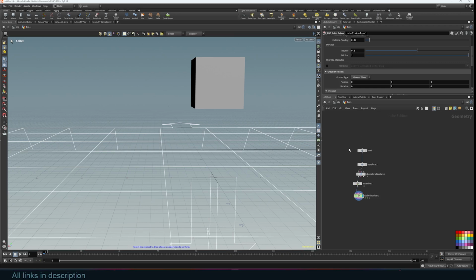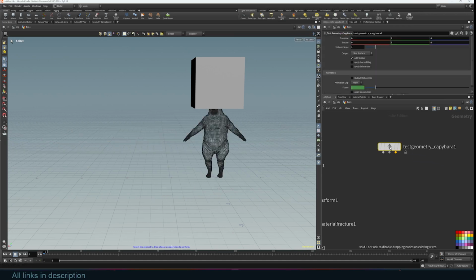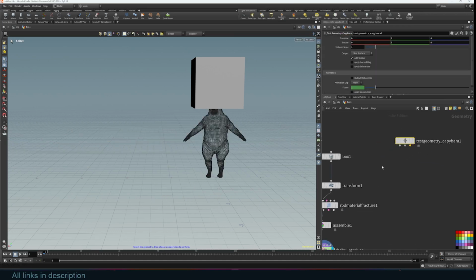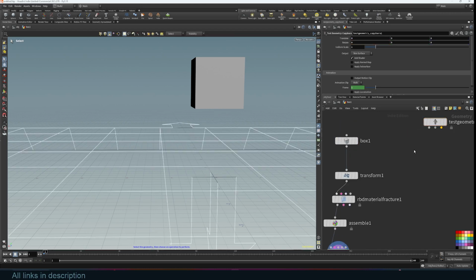Let me show you another thing here. Houdini comes with these test geometries. So I'm just going to search for test geometry. I will use this capybara because it comes with some animation. And whenever you add any node, you'll see that they have these lines here, or segments, that are just notations for